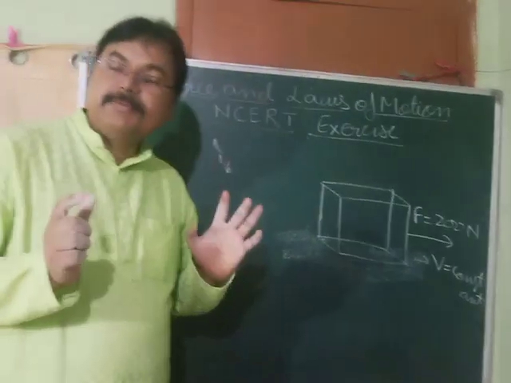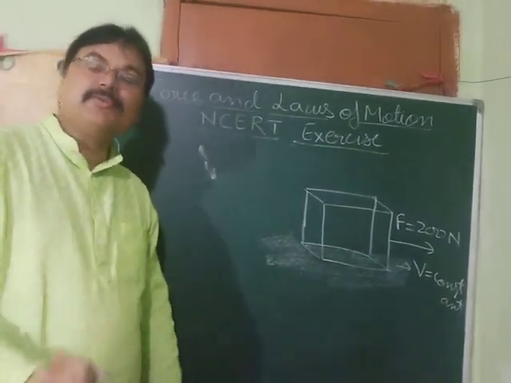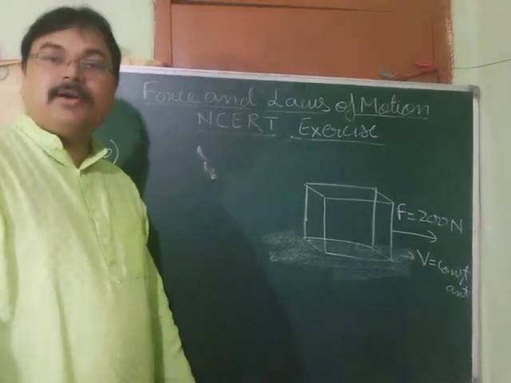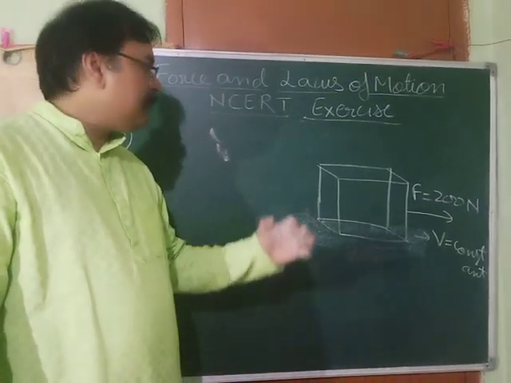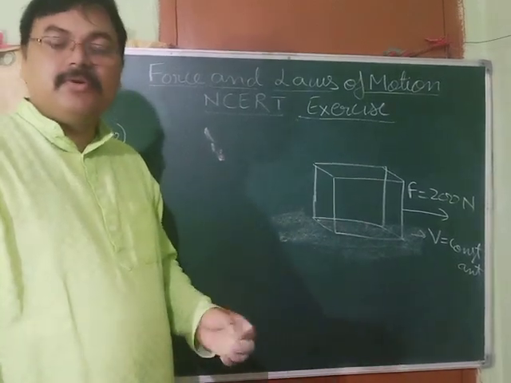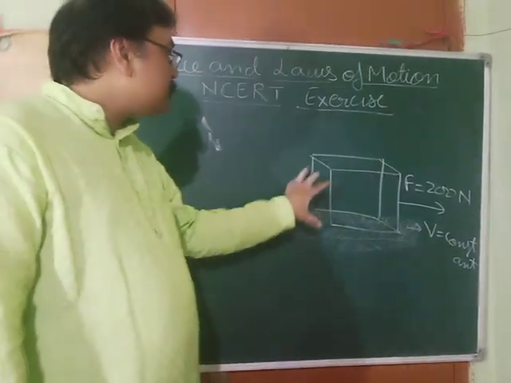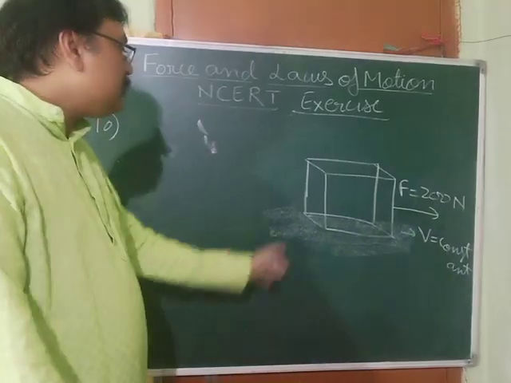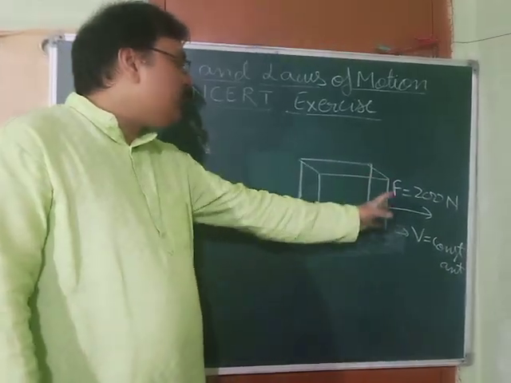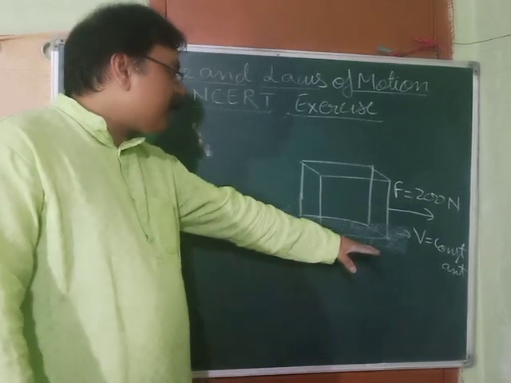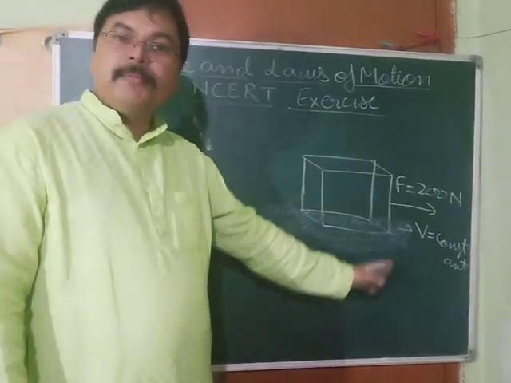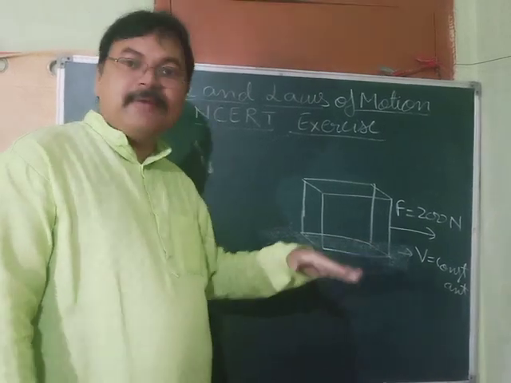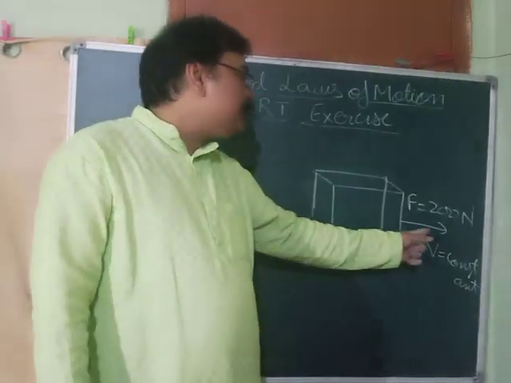See what question number 10 is. It is a conceptual question and a little bit tricky. Children most probably fall prey to this. They find it difficult to solve, although it's a very small question. See, this is a wooden cabinet, and it is kept on a floor. You can see the center part is a floor, a smooth plain floor, and we are applying how much force?